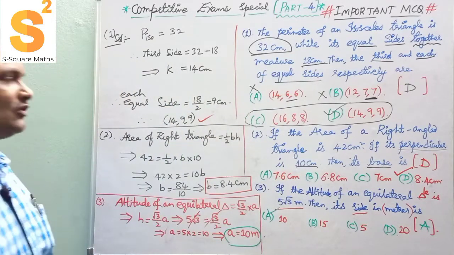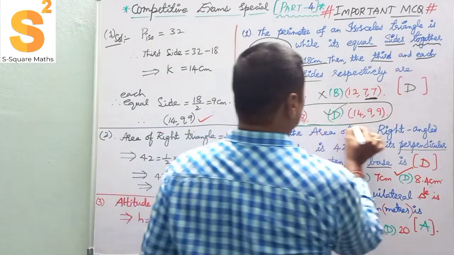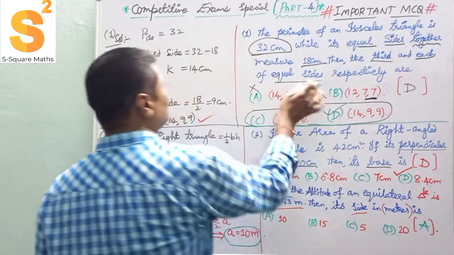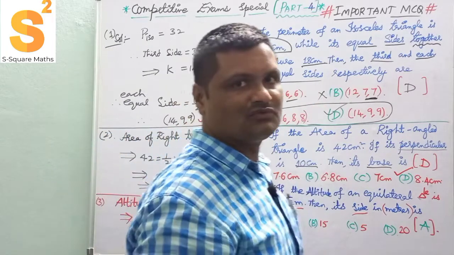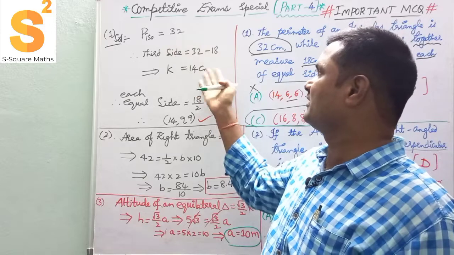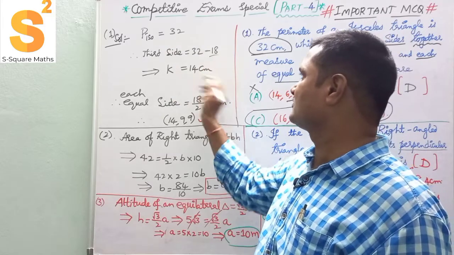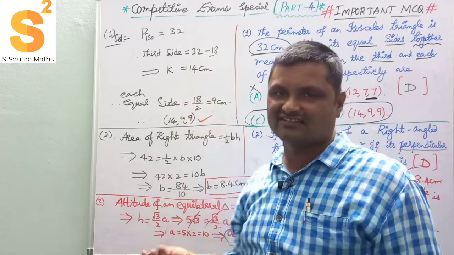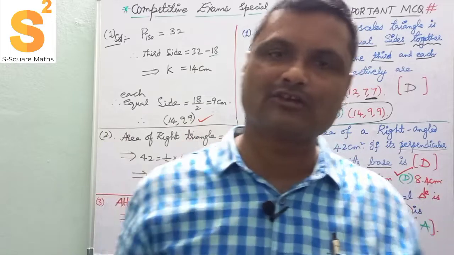So like this we can overcome the anxiety of the problem. So this is the total first one. Important MCQ for all the Olympiads. So just go through the perimeter concept and given equal sides, third side you will get. Next each equal side, remaining two sides, so by 2 we have to do.